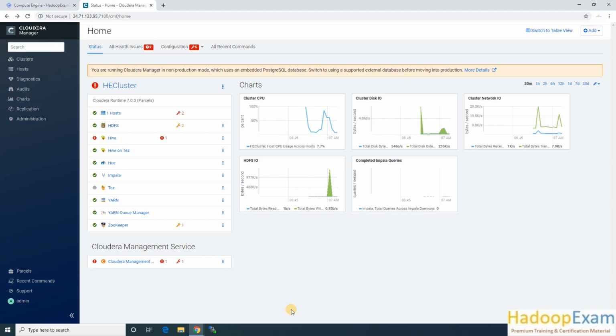So now we have to do practice for the CCA 175 certification exam as well, correct? For this certification we especially need the Spark service, which is not yet installed on this environment, because Spark is the main component being tested on the CCA 175 exam, whether you are going for the PySpark version or the Scala version of Spark. So let me add the service.